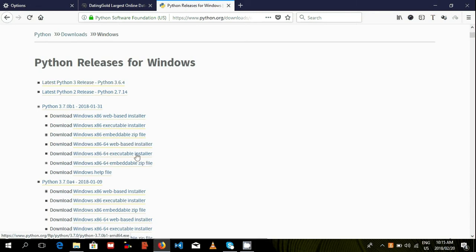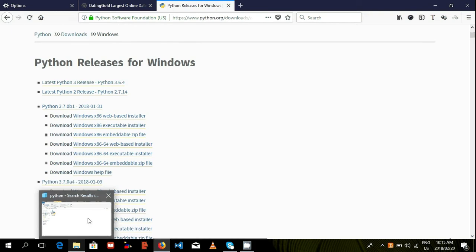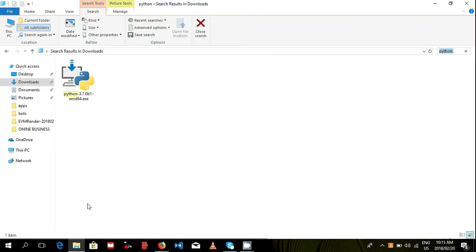So you're going to click on this. Boom. I've already downloaded it, so I'm not going to download it again. But after download, it's not really a big file. It's a really small file. You see, it's 24.7 megabytes. It's going to look like this, and then you're going to double click on the installer as usual, and follow the prompts